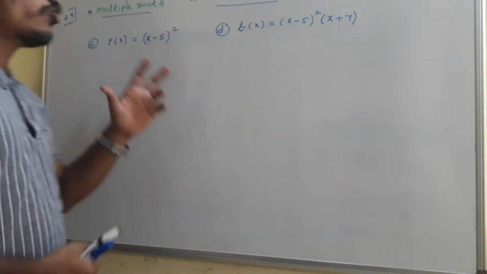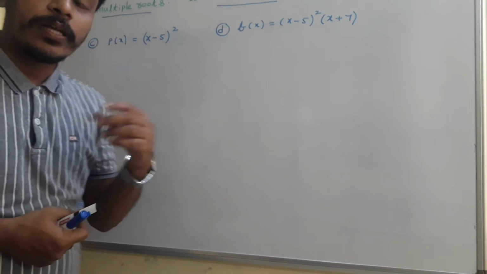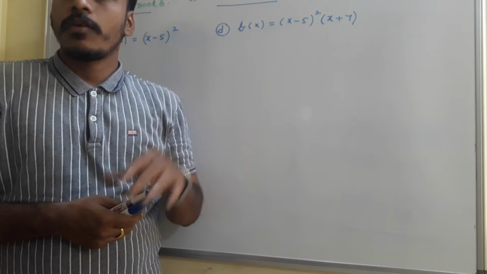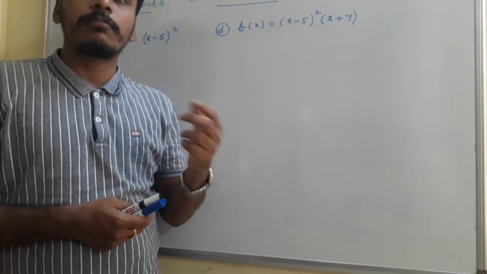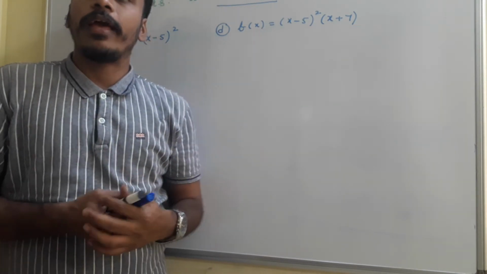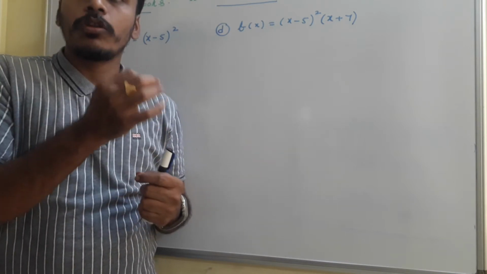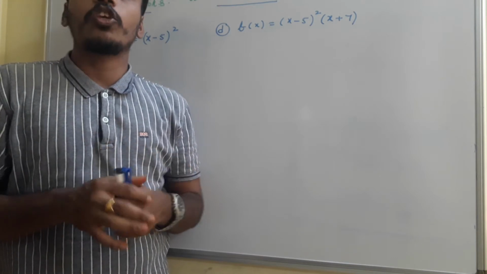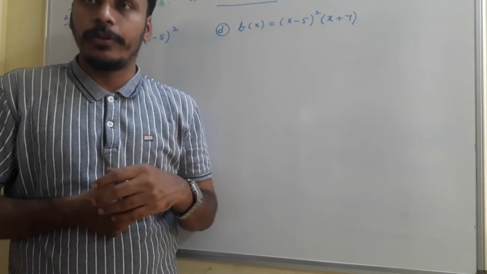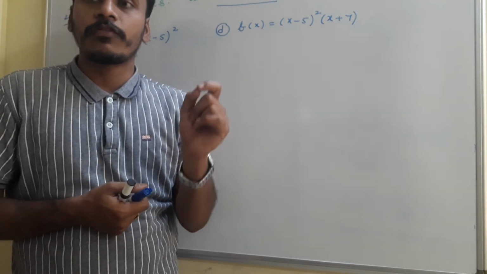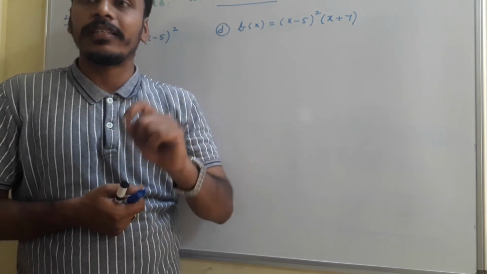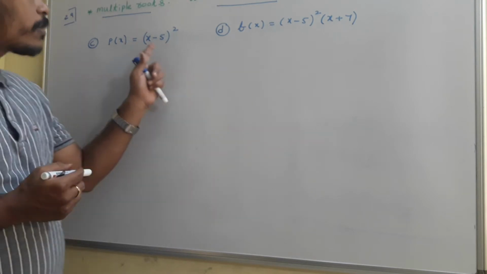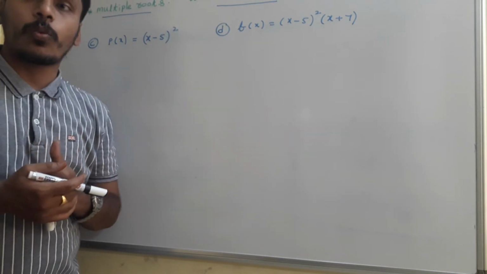See, to decide the multiple roots of a polynomial, as well as whether a root occurs multiple times in a polynomial, we need to identify a particular relation between the polynomial and its derivatives. I think you all know a little bit about derivatives, the basic formulas for writing the derivative. Okay. Suppose p of x is the polynomial x minus 5 whole square.